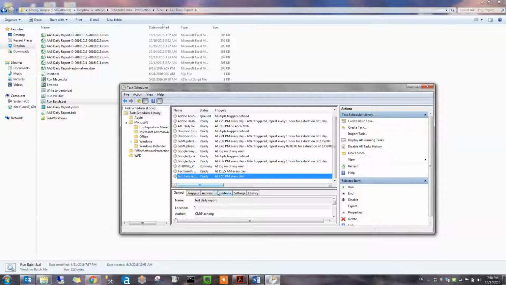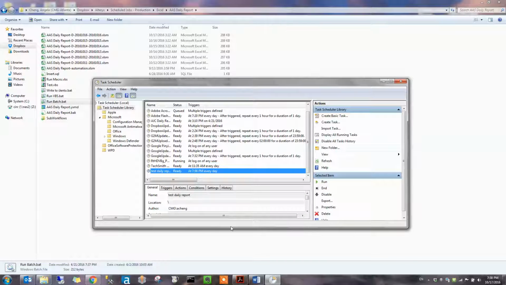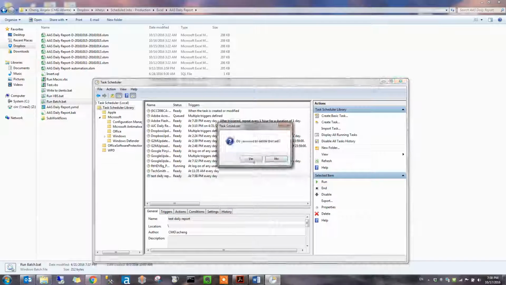So that's all. It's not very difficult, but you want to make sure every little detail is correct to be able to run this. So that's it. Let me just delete my